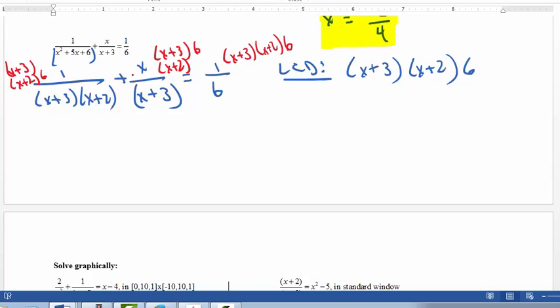So you see what I did is I just wrote the LCD by each term to show that I'm multiplying each term by that LCD, and now I can do the cancellation. So in this first term, x plus 3 and x plus 3 cancel, x plus 2 and x plus 2 cancel, so I'm just going to have 6 times 1, which is just 6, plus, in the second one, the x plus 3's cancel, but that's it. So now I'm going to have 6x, x plus 2,